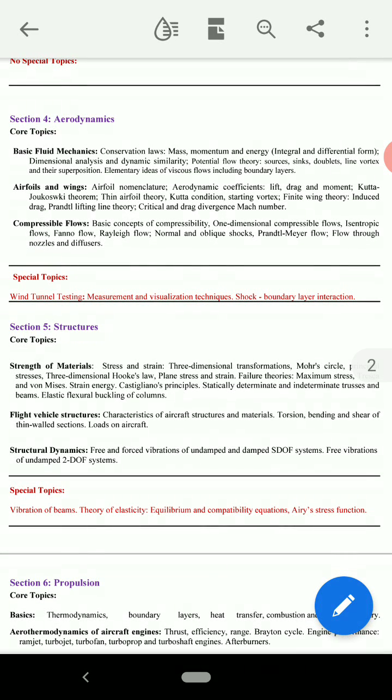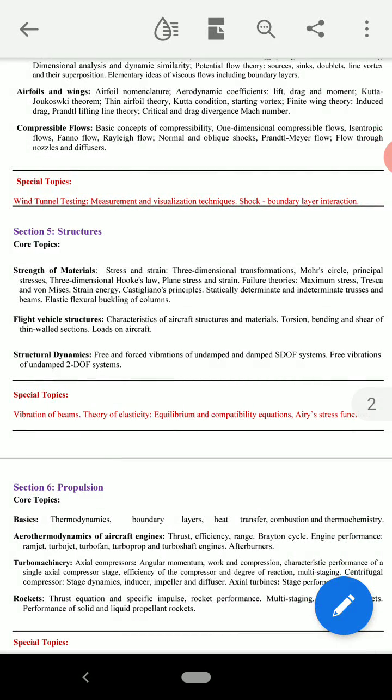Then we will move to the aerodynamics section. Core topics: basic fluid mechanics, conservation laws, mass, momentum and energy, integral and differential form, dimensional analysis and dynamic similarity, potential flow theory, sources, sinks, doublets, line vortex and superposition, elementary ideas of viscous flows including boundary layers, airfoils and wings, airfoil nomenclature, aerodynamic coefficients, lift, drag and moment, Kutta-Joukowski theorem, thin airfoil theory, Kutta condition, starting vortex, finite wing theory,